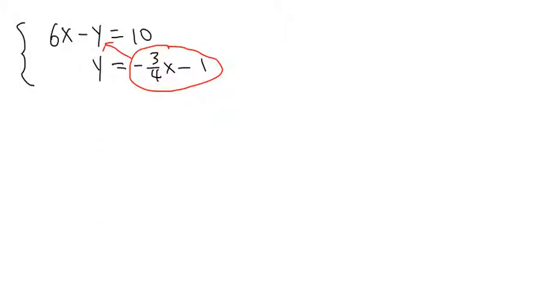in the first equation. And what we are going to get is the 6x will stay the same. But then instead of minus y, we are going to have minus the parentheses. And since it's going to be in parentheses, it's going to be negative 3 over 4x minus 1. And then on the right hand side, we still have equals 10. Because, once again, from the second equation, we already know that y is equal to negative 3 over 4x minus 1. We can just take this, plug it into the first equation into the y,